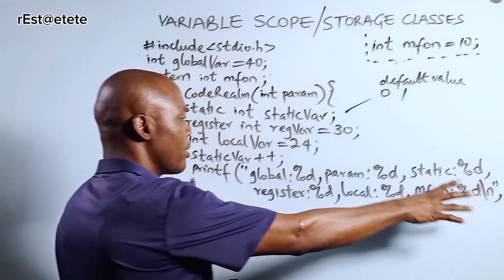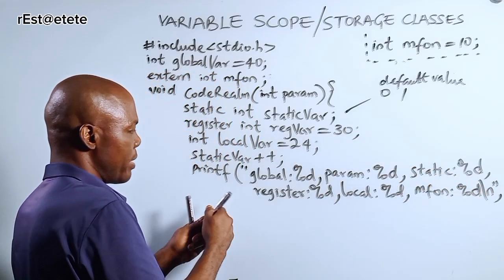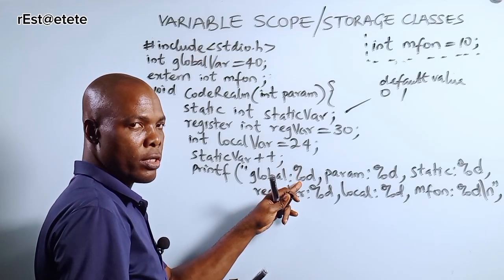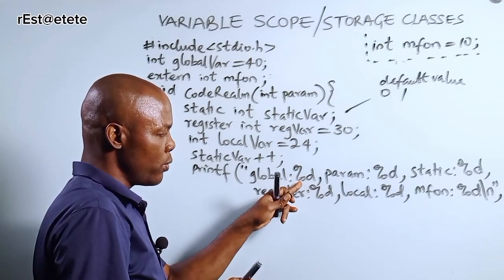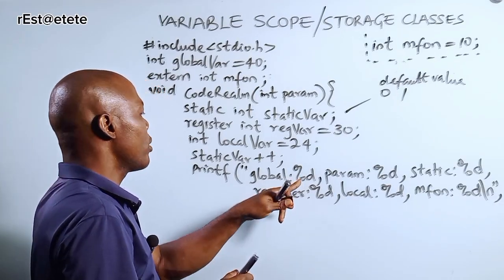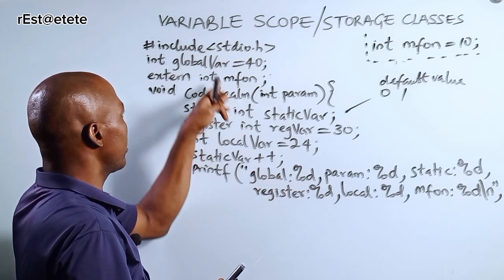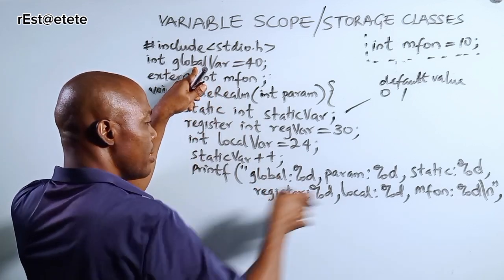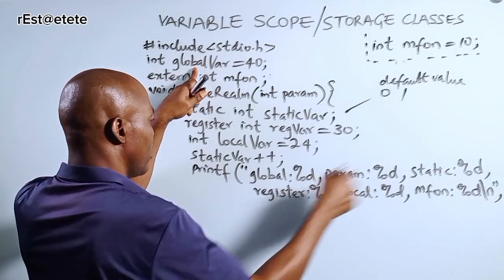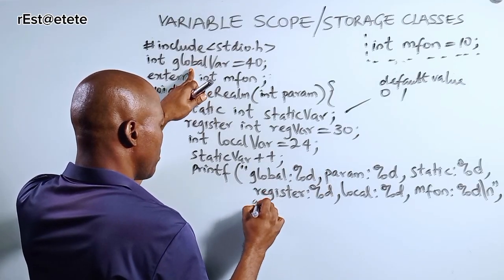Now slash n. So what are the values it is expecting? This is an expression that is expecting a value, a placeholder, a format specifier. So what will it be expecting? This is global, so I will have to supply this. This should be in a straight line, but because of the size, I will supply